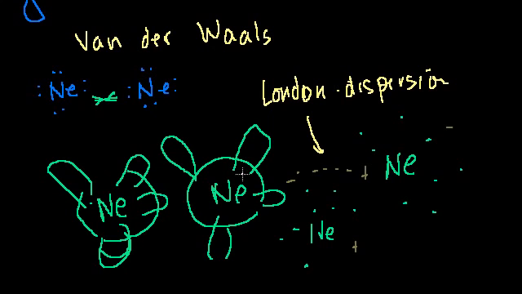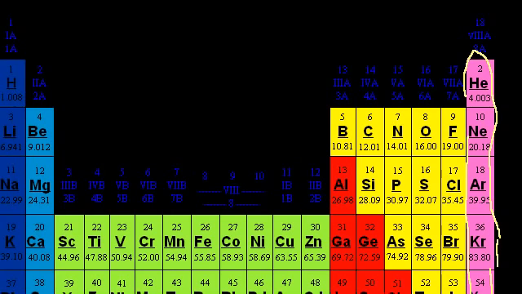Fair enough. Now what happens when we go to molecules that have better attractions or that are a little bit more polar? So let's say I had hydrogen chloride, right? Hydrogen, it's a little bit ambivalent about whether or not it keeps its electron. Chlorine wants to keep the electrons. Chlorine's quite electronegative. It's less electronegative than these guys right here. These are kind of the super duper electron hogs, nitrogen, oxygen, and fluorine. But chlorine is pretty electronegative.